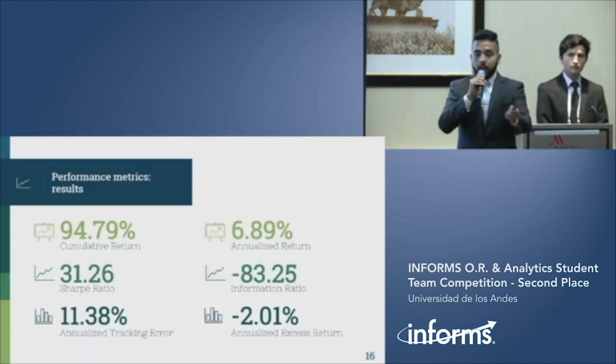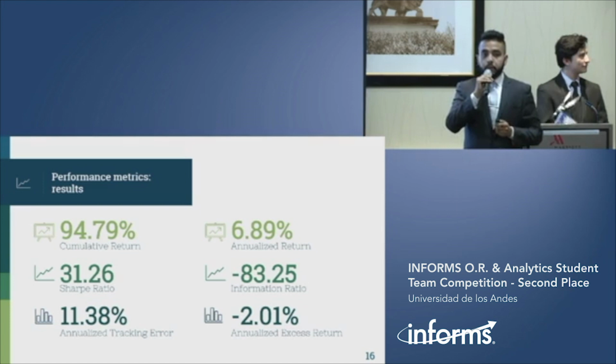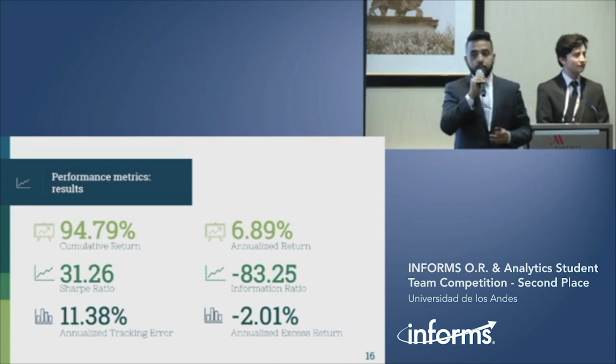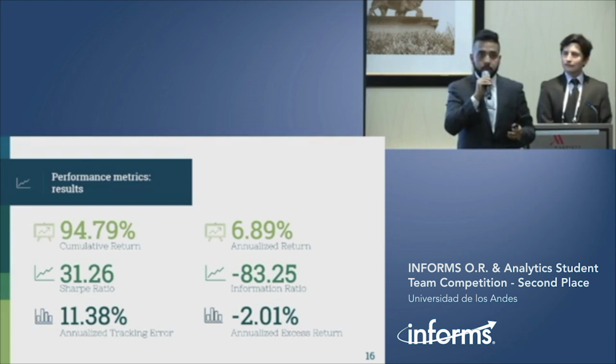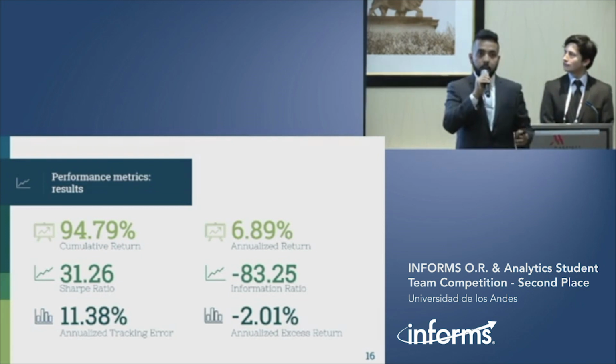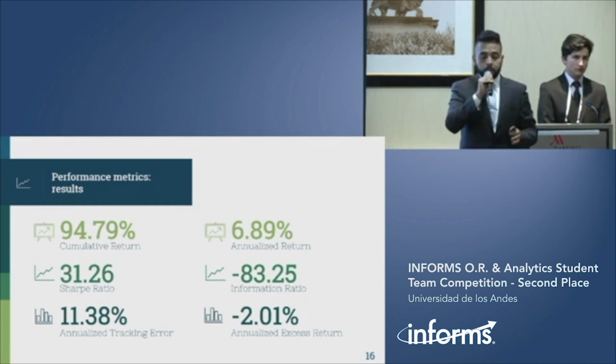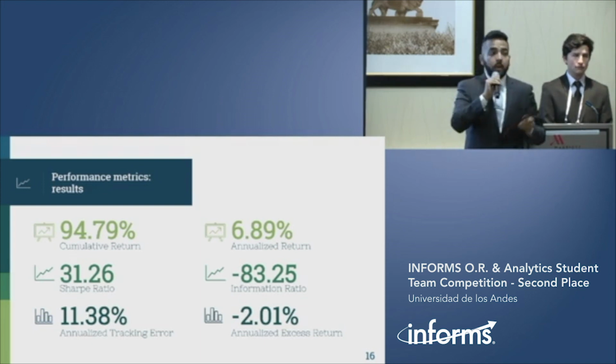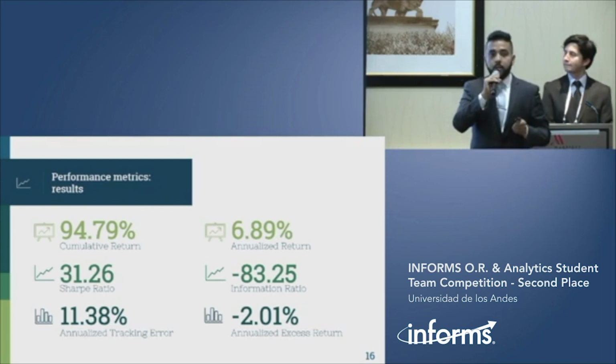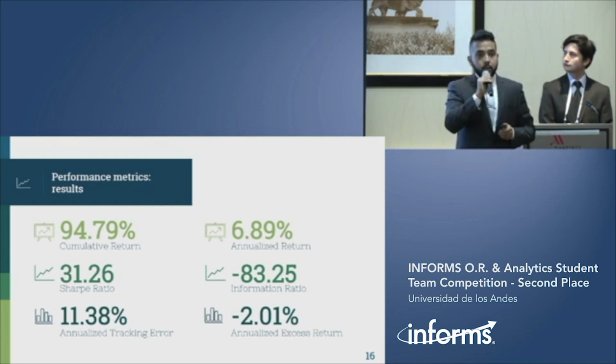Those are the main performance metrics for our portfolio. The first three: the cumulative return, the annualized return, and the Sharpe ratio, measure the portfolio's profitability. So for a 10-year time horizon we've got a cumulative return of 94.71%, therefore an annualized return of 6.89%, and a Sharpe ratio of 31.26. The last three items: the information ratio, the annualized tracking error,